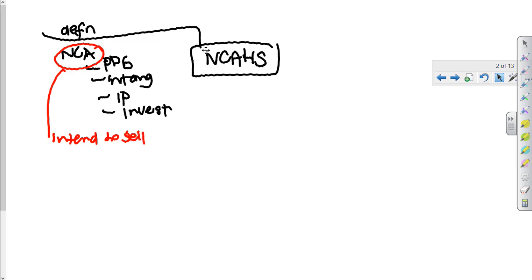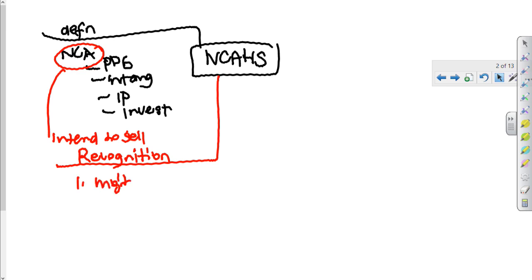And in order to recognize an asset, a non-current asset, as a non-current asset held for sale, there's a number of criteria that need to be met. Yeah? So the following criteria needs to be met. It's there in your notes. It's quite a few of them. But the main ones are management intention. Management must have an intention to sell the asset. Asset not in use,